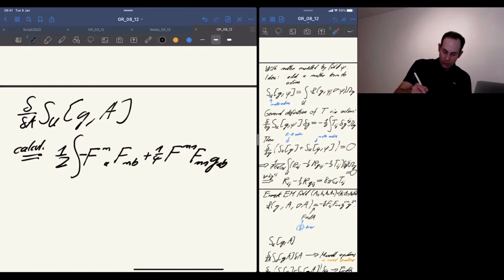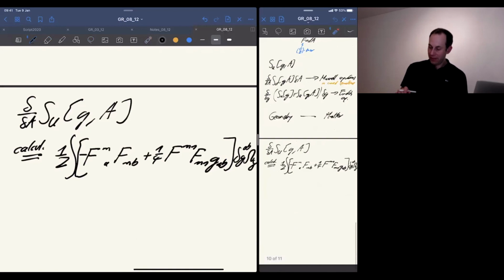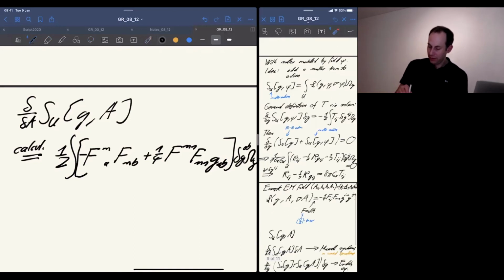Okay, the whole thing is in a bracket, and you still need to put the volume form somewhere. So there's an integration, and then there is somewhere a variation, delta G AB, and then there's the volume form omega G. Now compare this to what we defined as T. So you see this thing here is what I calculated now in the concrete case.